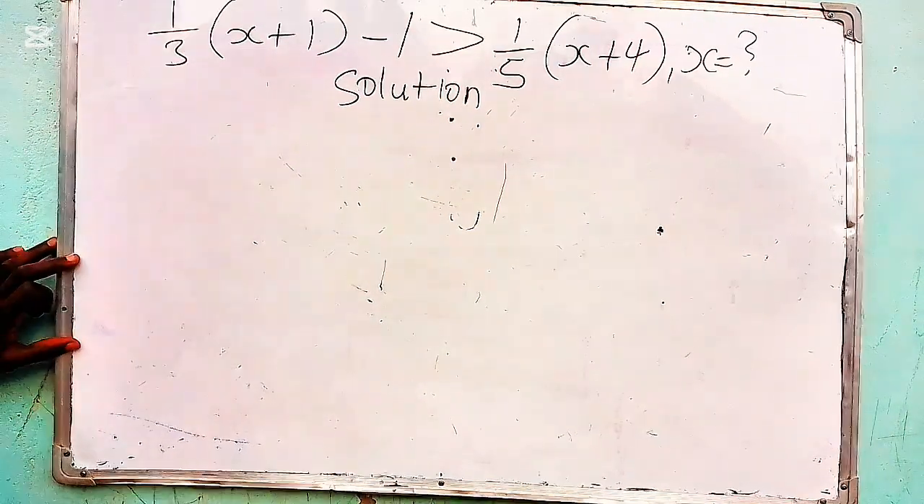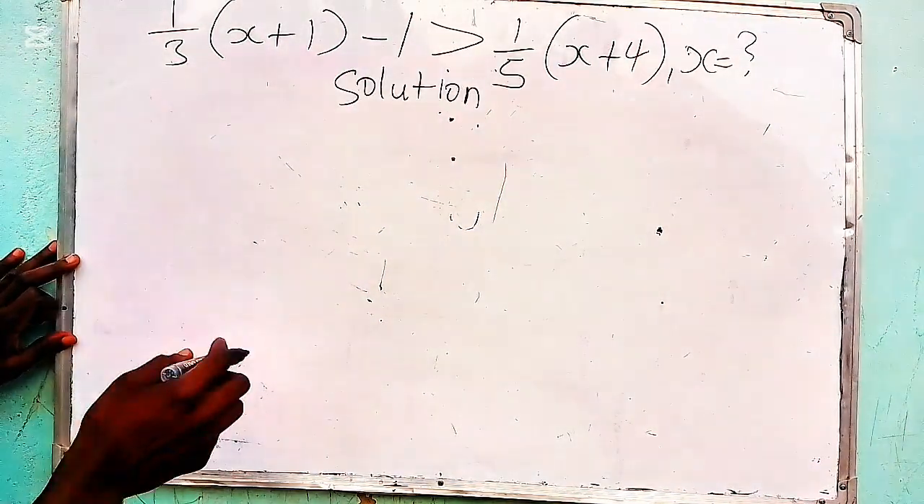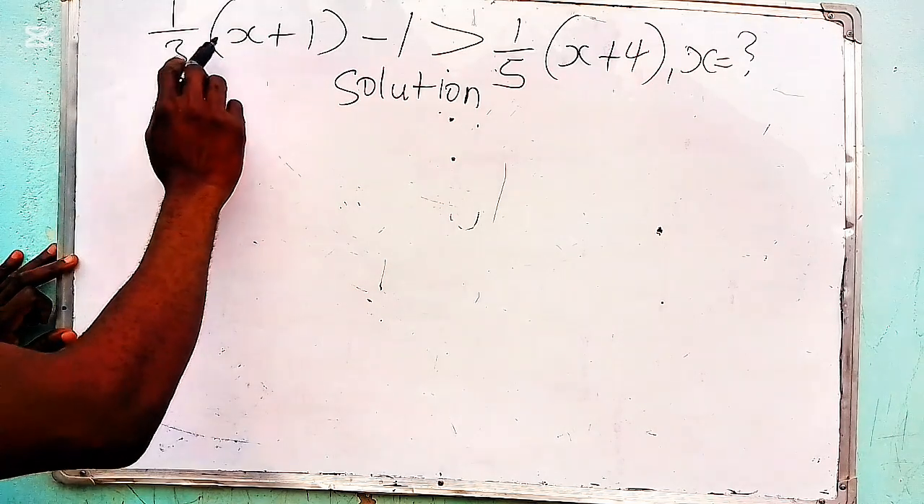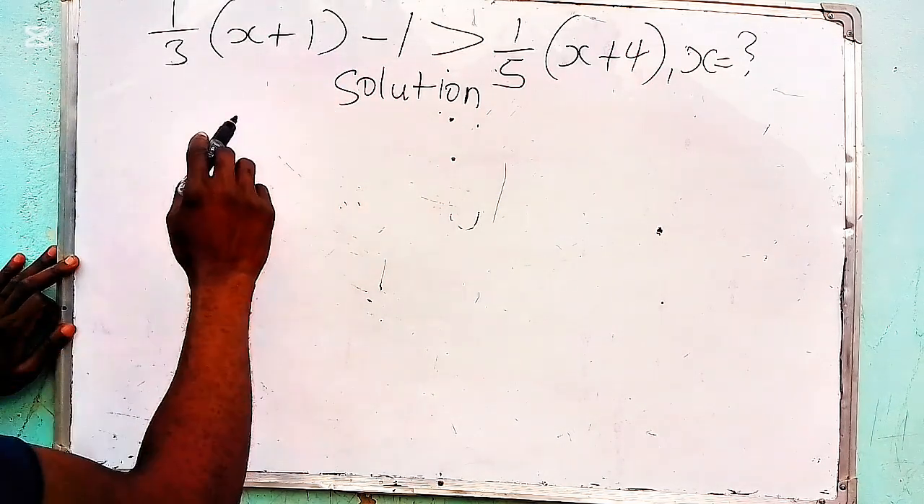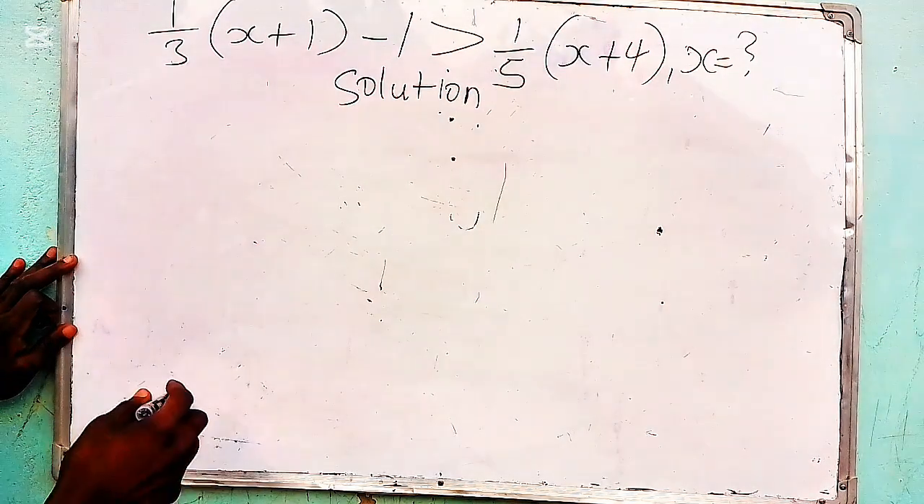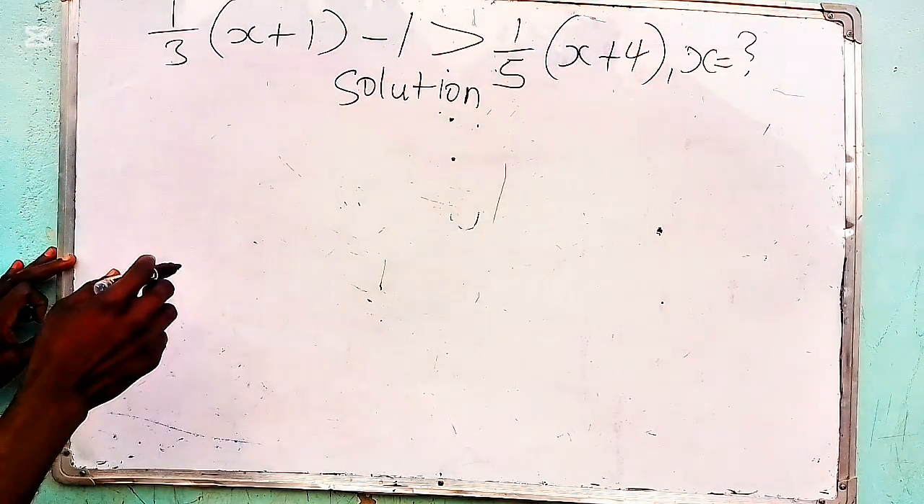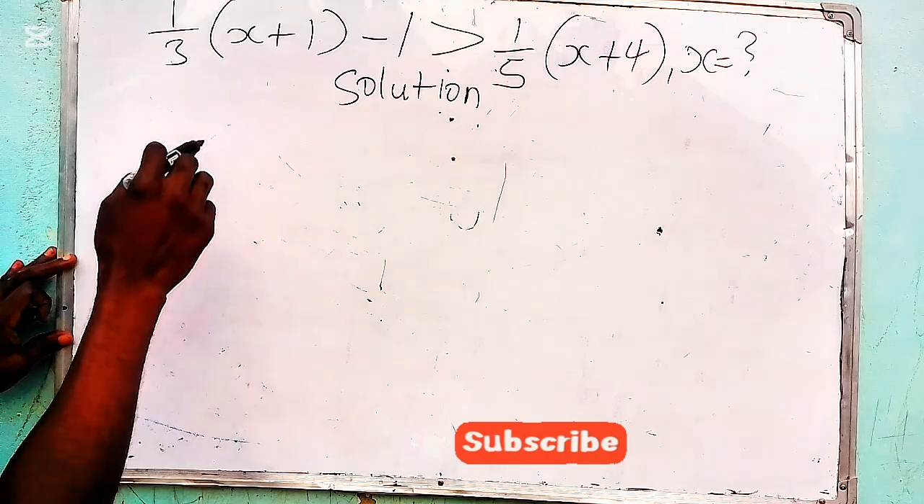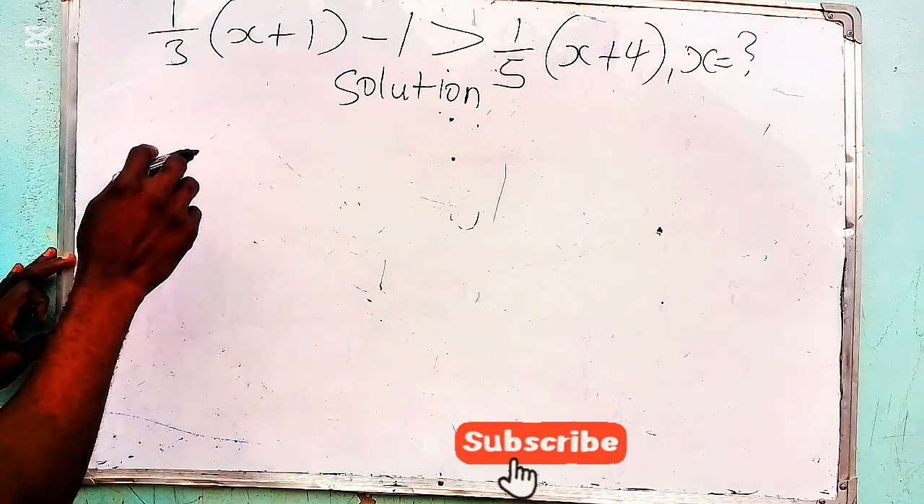This is not difficult. We're going to solve it. First and foremost, you have to remove the brackets. Also remove the bracket on the right hand side so that we can simplify it. So at this point, we are going to look at